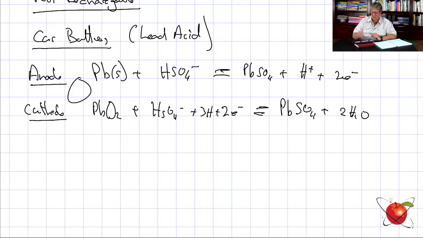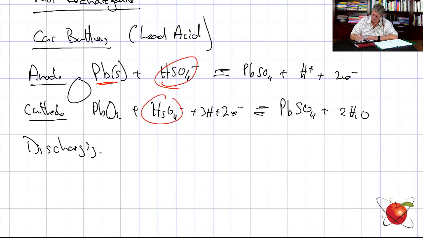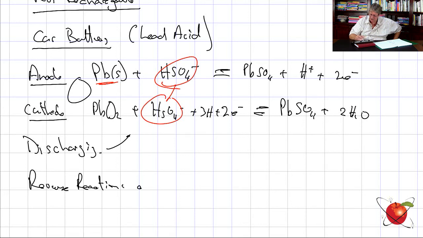Now, this happens over here. This cell is when we are discharging. And here, by the way, is the lead, and here is the acid portion of it. So this is the discharging situation over here, and the reverse reactions occur